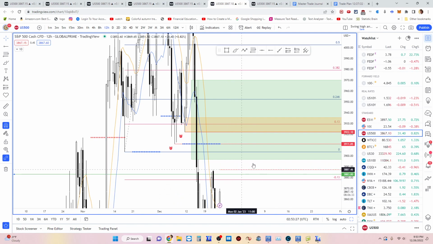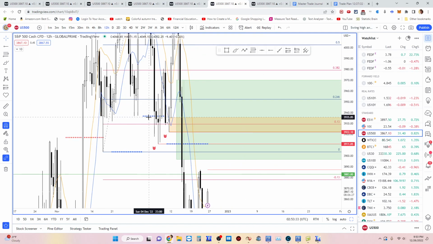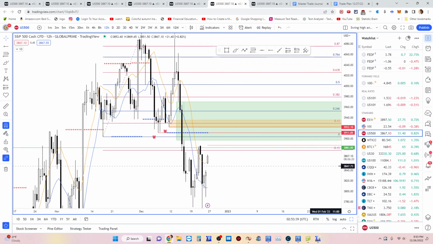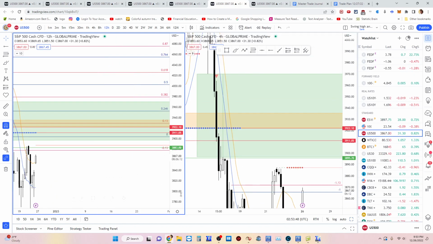Well, who knows? Maybe we fill the whole fair value gap. But I would like to think maybe it's not that simple. I don't know. We'll see. So moving forward,